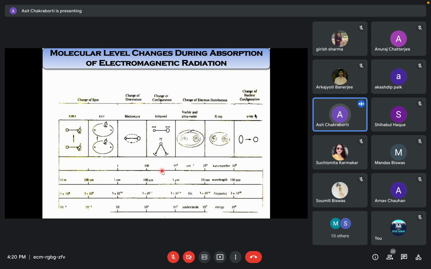Same thing, the n orbital, it is an n-pi star transition. In chloroform, bromoform and iodoform, the only functional group you have is a carbon-halogen bond. There is no pi orbital. A sigma-star transition is a very high energy transition. It will come at a much lesser lambda max value. The solvent absorption values are called cutoff values. Means if your absorption is coming in the same range where the solvent molecule is absorbing, then you cannot use it. That's called the cutoff value. As a matter of fact, that sigma-star transition becomes less than 150 or 160, and without vacuum you cannot do it. So that's why we do not consider sigma-star.